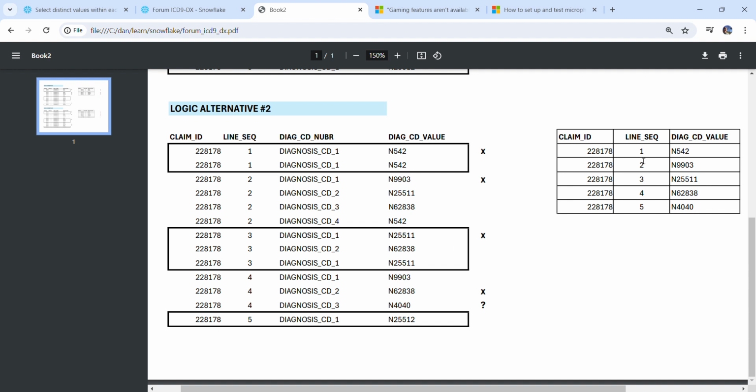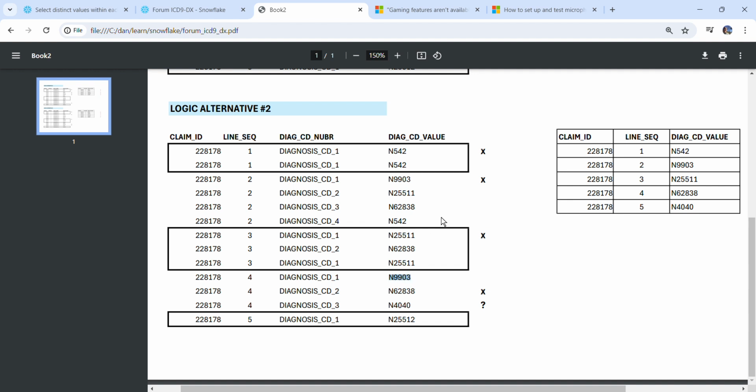It's the first one that showed up. And again, it was in 3. So even though it had appeared in 2, once we had one from 2, we moved on to the next group to get the first one that was unique and distinct from here. And that then caused me to ignore the 62838 and also to ignore this other 25511 because I had already pulled that. So then in group 4 down here, line sequence 4,